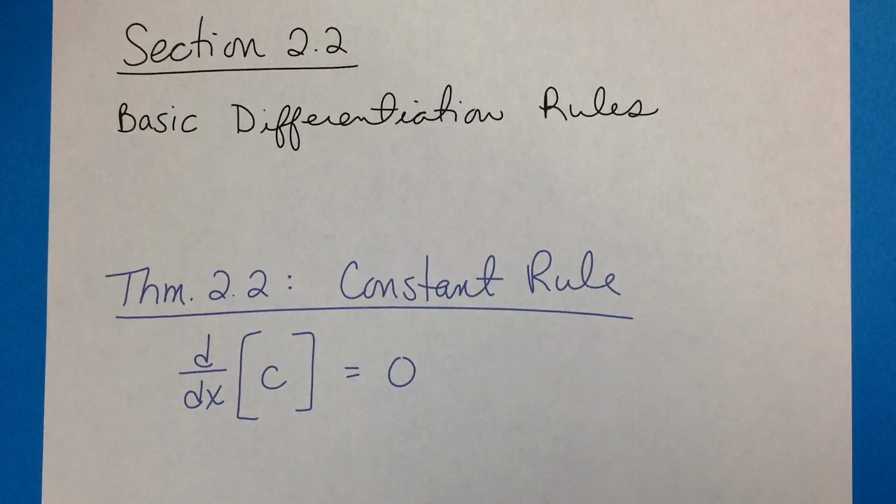Alright, in this section we're still going to continue with differentiation, and there are going to be several rules that we're going to look at in this section on how to find a derivative. These rules will be things that you can use instead of having to use the limit definition that we had in the previous section. It's actually going to make it a lot quicker, a lot simpler,